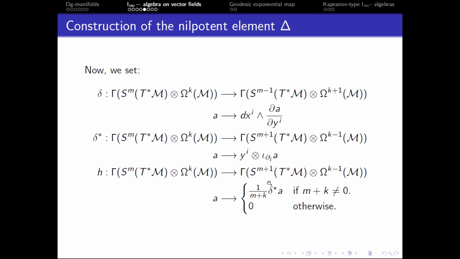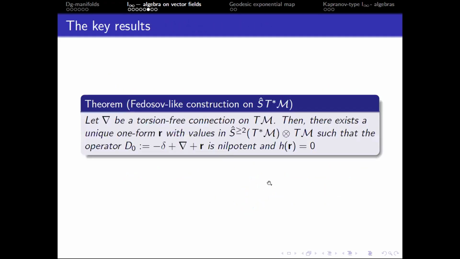Now that I have these ingredients, I'm going to state the main theorem in this construction. This theorem basically uses techniques similar to Fedosov deformation quantization. In the classical sense, in his ideas, he constructed a nilpotent operator by starting with a torsion-free connection. So here we do something similar. We start with a torsion-free connection on the tangent bundle of M, and then we can prove that we can